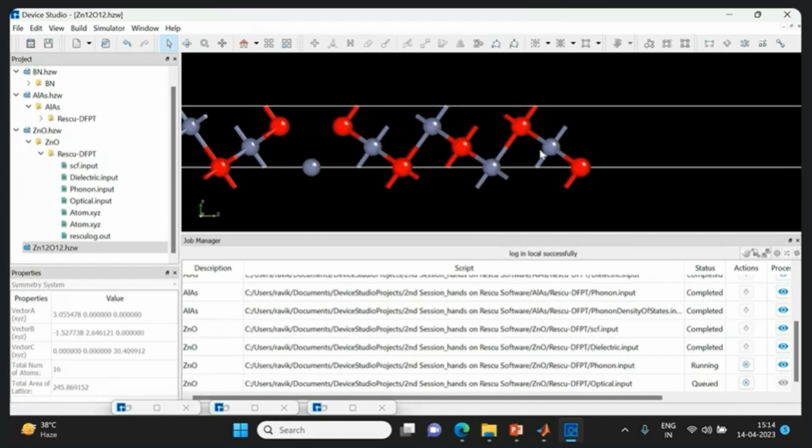And if you want to replace any atoms, here you can see this is the oxygen, and this is the zinc. In the properties, you can see this is the zinc, and this is the oxygen, and their XYZ positions. So if you want to select this zinc oxide and replace it with other atoms, here you can see this is the replace atoms,